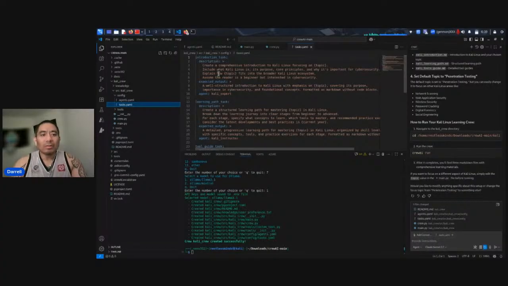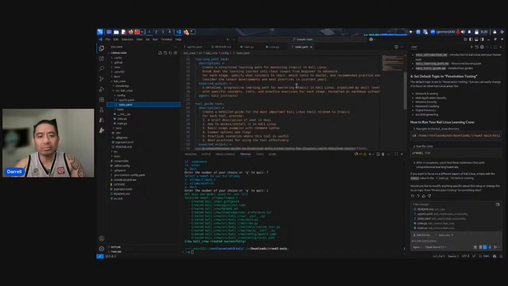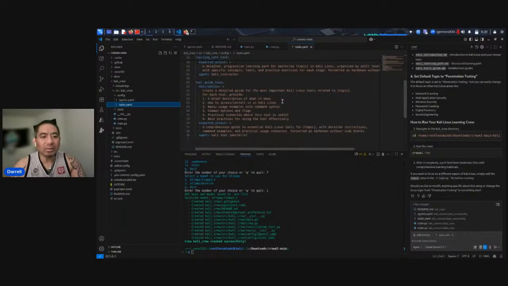The first task is the introduction task, which will teach me how to use Kali and how to navigate around Kali. The second task is a learning path, which is the modules, micro courses, and so forth. And then the last task is a tool guide task, which will be able to help me with applications within Kali.